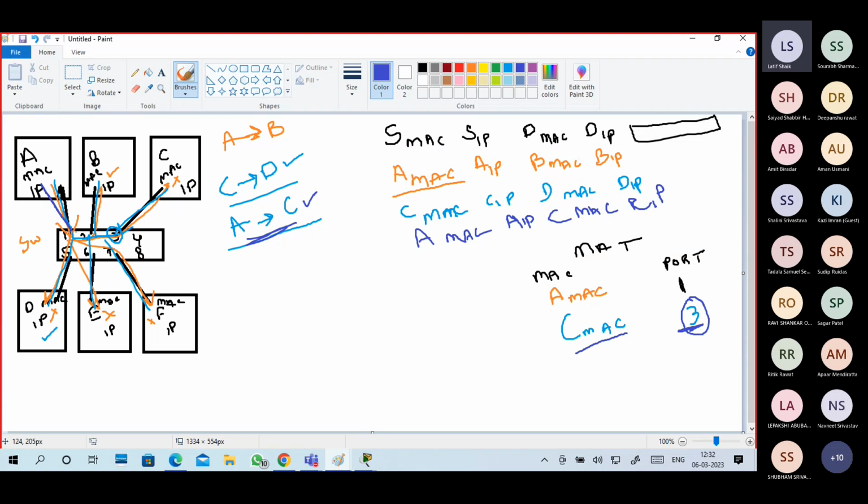A sends a packet to port number 1 and the switch checks the MAC address table. What is the destination MAC address? The destination MAC address is C's MAC address, which is at port number 3. So based on that table, it is sent to port number 3 and goes to C directly. It is not required to broadcast. It will unicast the packets using the MAC address table.